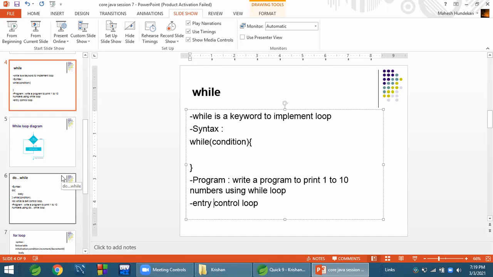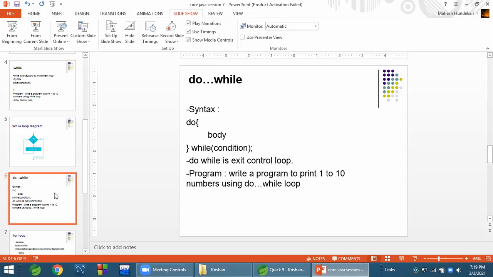Because in while it controls on entry by checking the condition first, but in do while it controls on exit by checking the condition at last, either the condition is true or false. First it executes the body once, so it is called an exit control loop. This is the difference between these two loops.